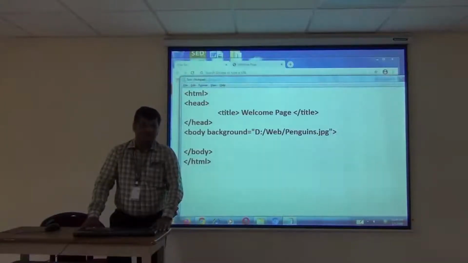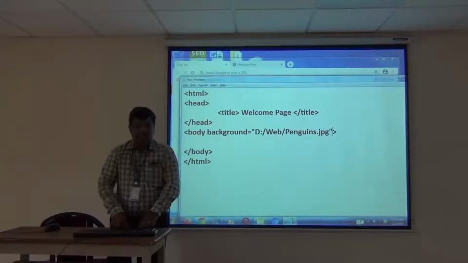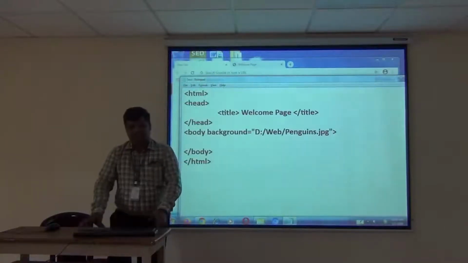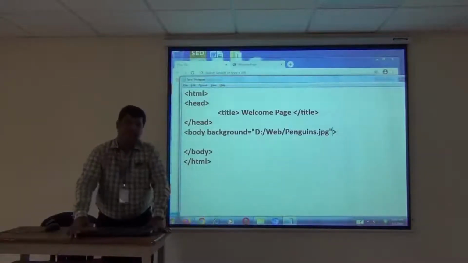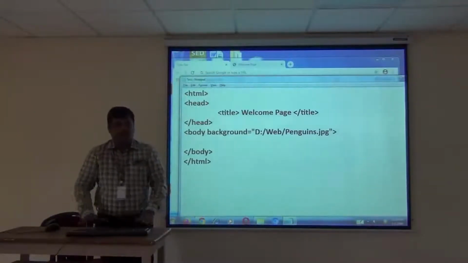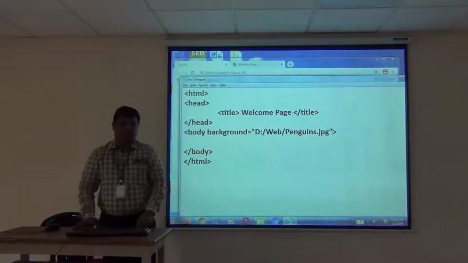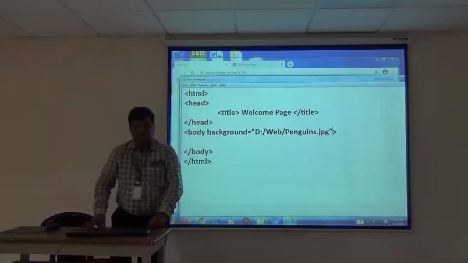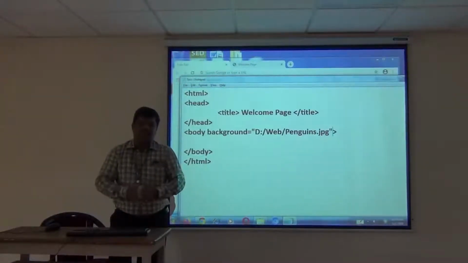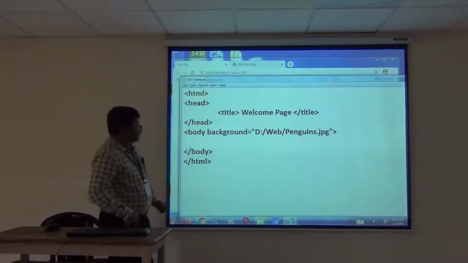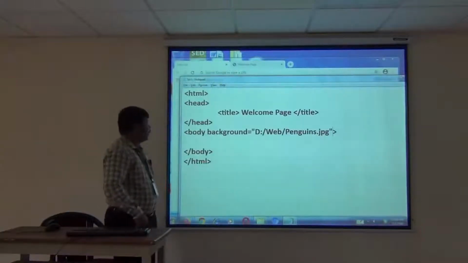And in today's class, we will discuss how to create a frame, because in day-to-day life we are seeing many websites, and searching many things on the internet. Normally a basic website structure will have different sections, like frames. In this session, we are going to discuss how to create frames and how to link them with different HTML files. So this is a general structure of our HTML programming language.